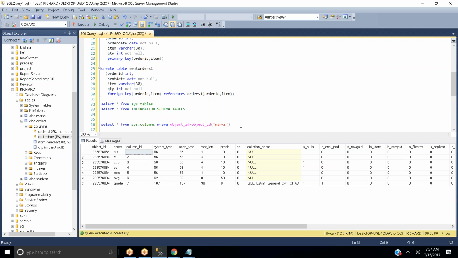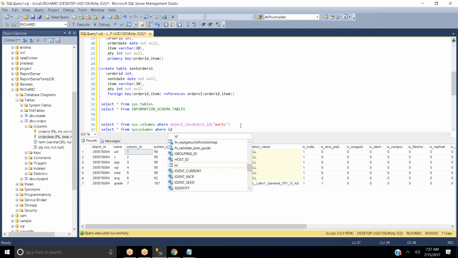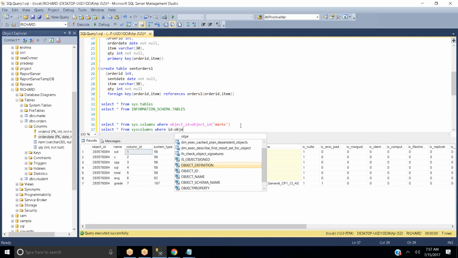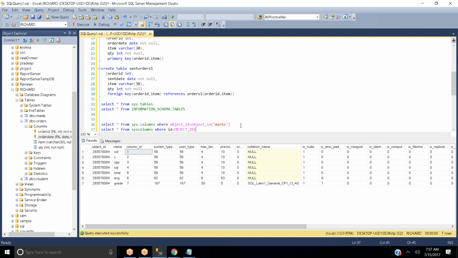Apart from this, you can use another syntax like this: select star from sys columns where id is equal to object id. Like this you can use it, and execute it.